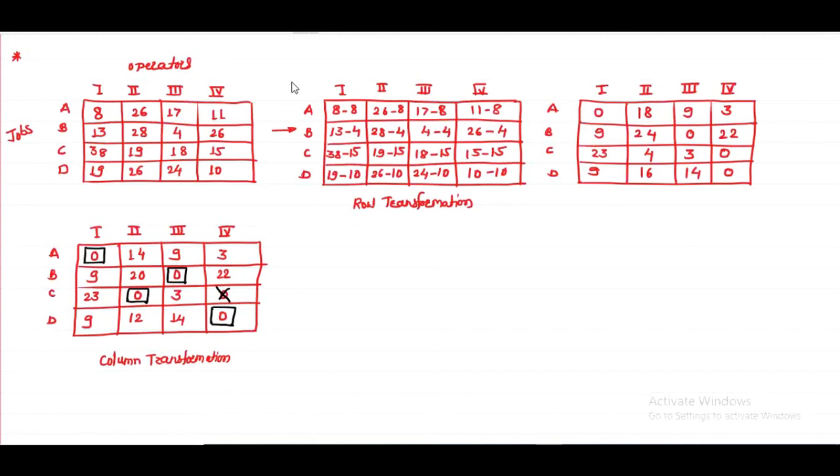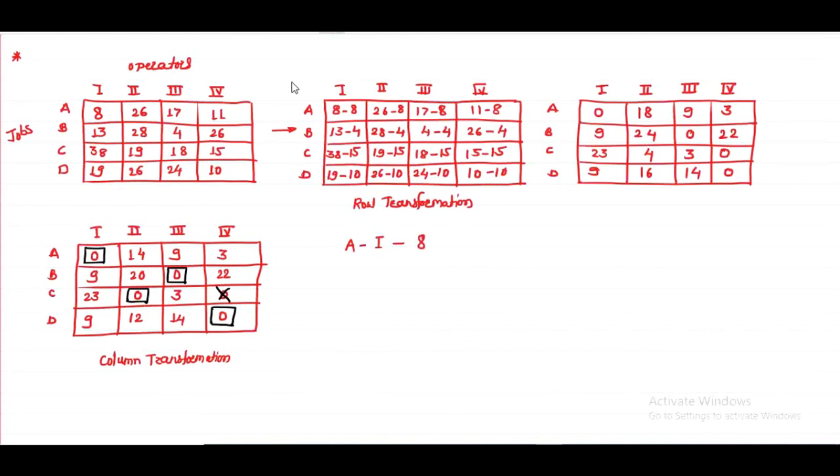As the problem is of 4 by 4 order, and there are 4 assignments, this is the solution of the problem. As there are 4 operators and 4 jobs, A is the job and this is operator 1. So A is assigned to the first operator, and first we have to check the value. At this position, the first row first column, we check the original problem. What is the value? 8 is the value.